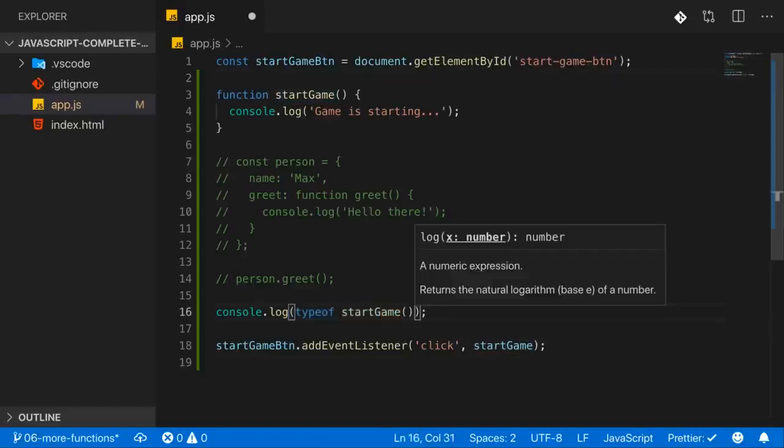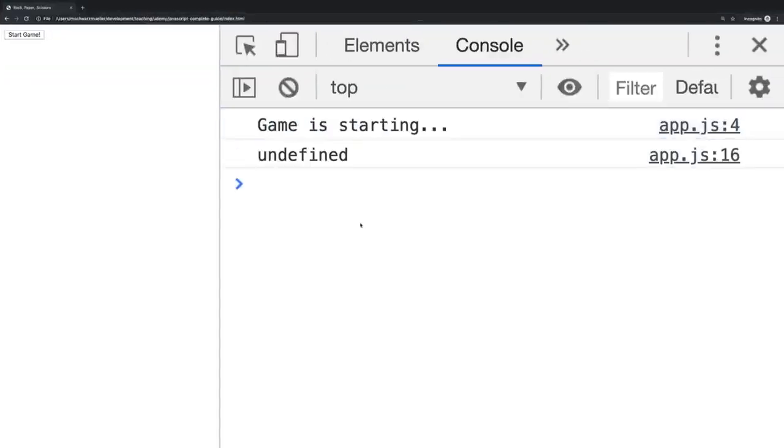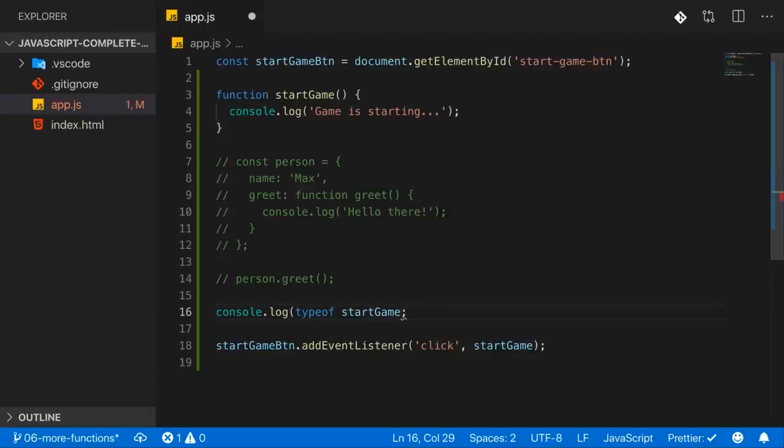so I'm not executing it, because that would call the function and I would get the type of whatever this function returns, which is nothing, which therefore would be undefined. As you see, if you reload, you see undefined here. So that's not what I'm interested in. If I log it like this,